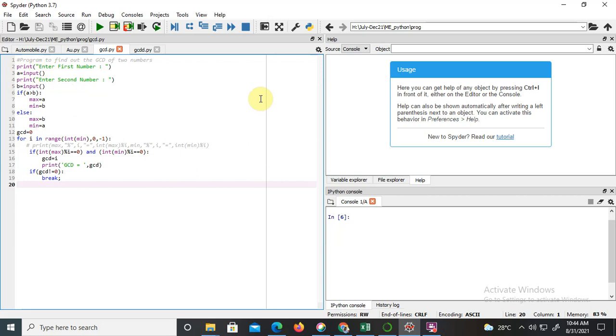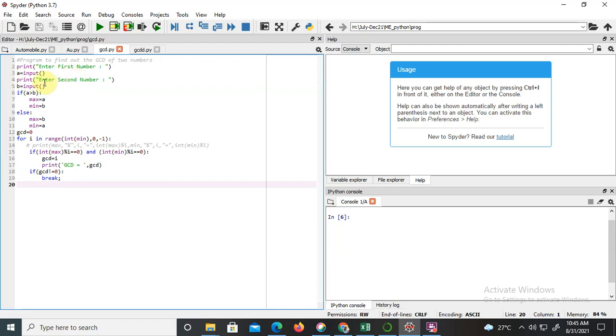So we do not need to write the variable's type as we do in C, C++ or Java, where in the start we declare variables like int a, float b, and so on. We do not need to do that in Python. If we give an integer to a, then a will convert into an integer automatically. We do not need to define it as integer or float. So we are giving an integer number here, so a will convert into an integer automatically, and then we will take